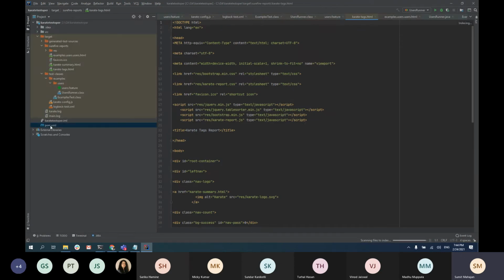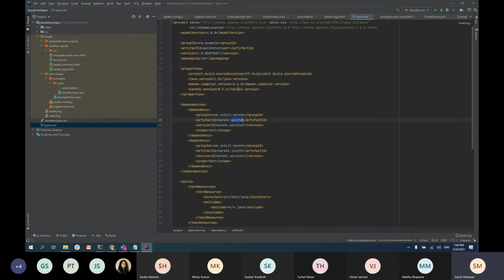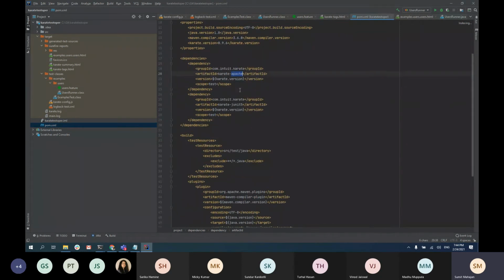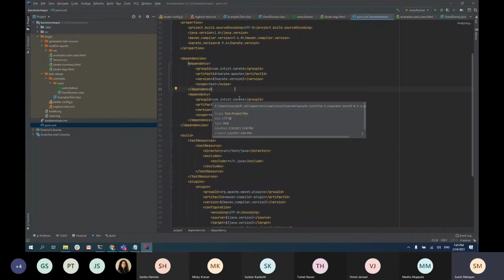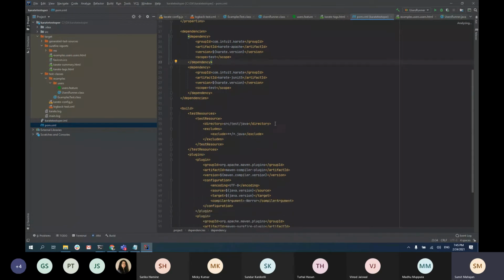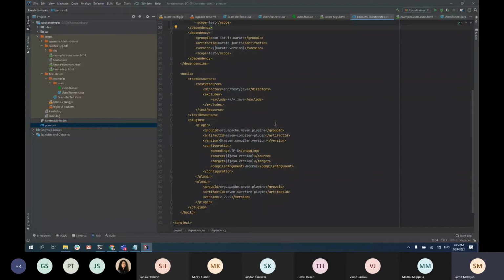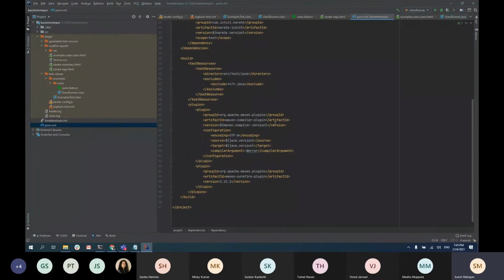The POM allows you to have your libraries listed here, so you don't have to download those libraries or jars and keep them in your source. You just provide the name and it will download itself when it does a build. And then it has plugins: the compiler plugin, and the Surefire plugin that we use for reporting. The compiler plugin basically builds, so otherwise you would have to manually do those tasks.